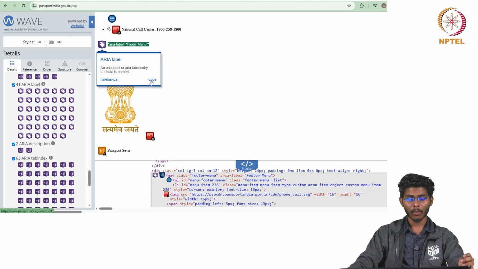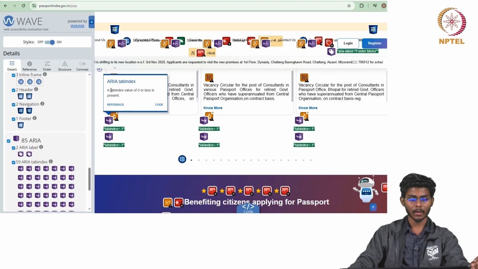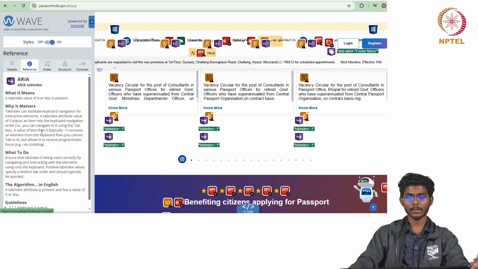And also, on the technical side, you can click on the code. We can even check the HTML side of the code. As you can see, the tabindex value is generally flagged if it is 0 or less. What does it mean actually?